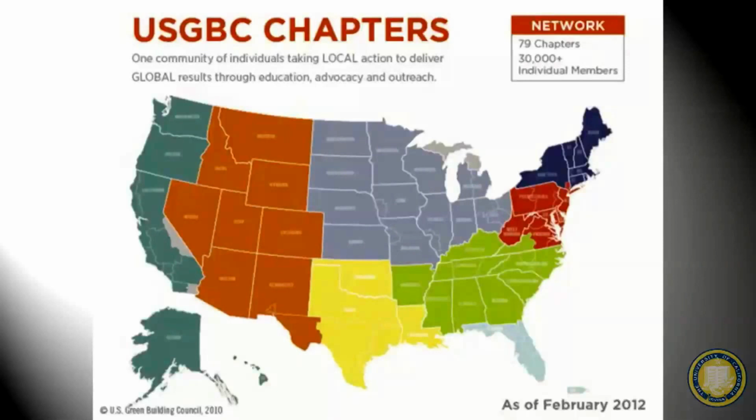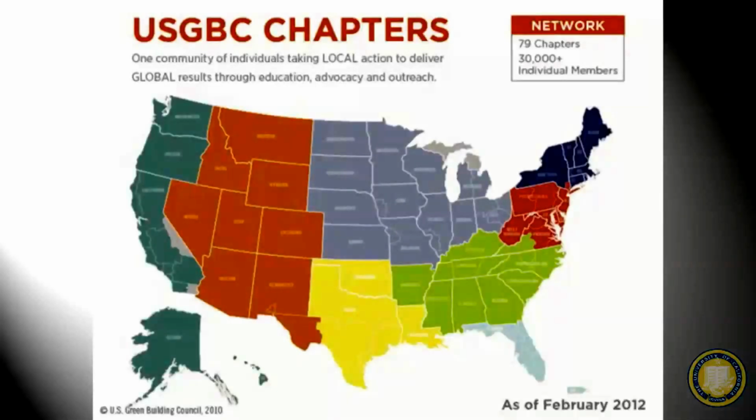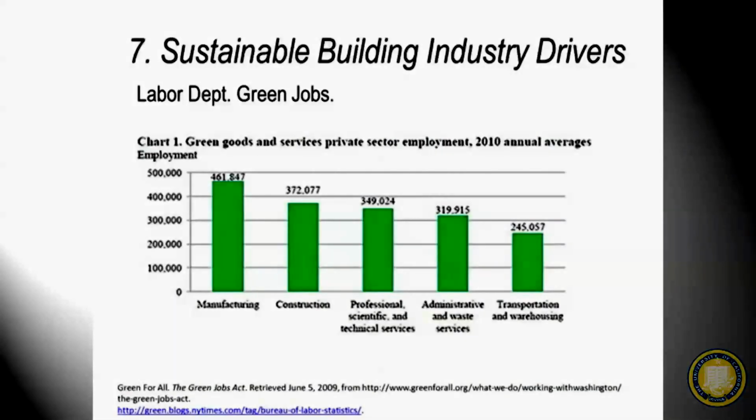There are tons of USGBC chapters. It's a huge movement, so this is how it's sort of an industry driver. There are millions of people on the local level. The USGBC LA chapter is very active, and these people are advocating for policies and changes across the country. Some other examples of how it's an industry driver: the Labor Department has a Green Jobs report, and the Obama administration was announcing some things with that Green Jobs Act that didn't go very far. But anyway, if you look at Labor Department statistics, environmental jobs are still on the rise. If you want to be an engineer, environmental engineers will make a little bit more, and they're more in demand right now. So there's just a big trend in this direction still.